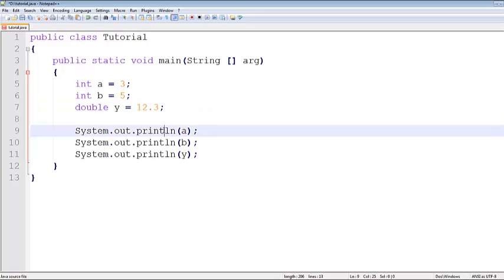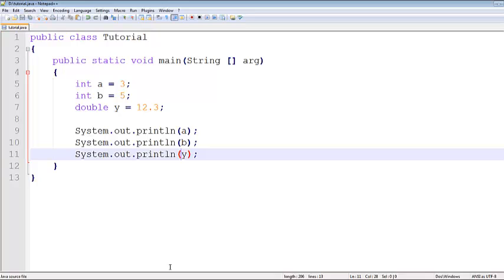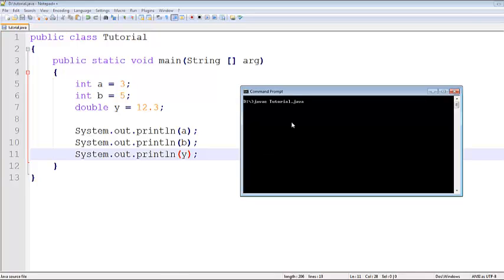And in the last tutorial I only used this part of this command. Now I'm using the ln. The ln tells the program to put the cursor on the next line when we run it. So let's see these numbers. Oh, I forgot to save it. I hope you learned this in the last video. Press enter and we have no errors. Then we run the program,